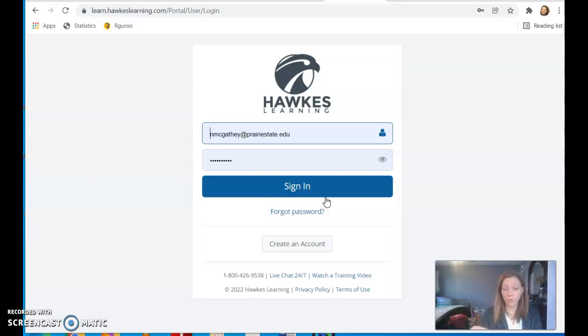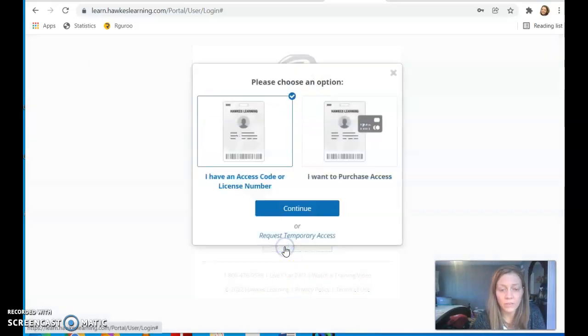But if you don't already have a Hawks account, then you will need to purchase your account. Again, you should be able to apply for the $200 book scholarship that would cover this and more. So make sure that you get that. So either sign in or you click on this button that says create account. If you use the book voucher, which means you're getting the book from the Prairie State College bookstore, it'll come with an envelope that has an access code in it. So then you would click on this and type in your access code.